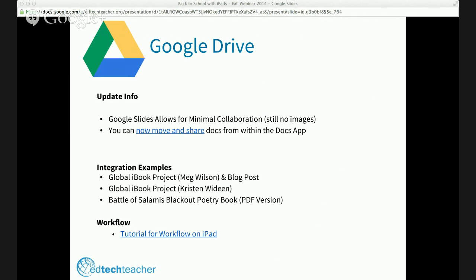I'm sure you find workflow solutions in any situation that you're in. However, I will talk about why I love Google Drive, and why I think it is essential for collaboration and workflow in my mind